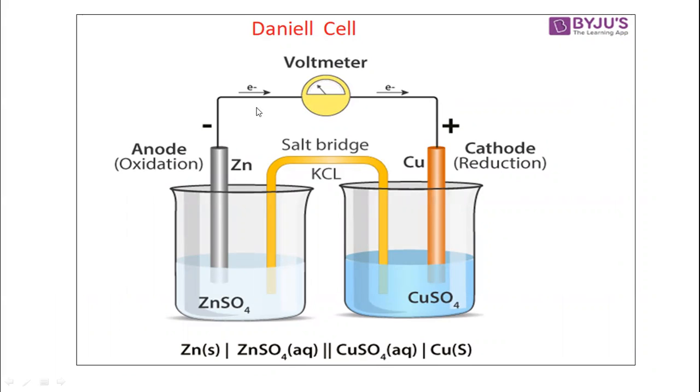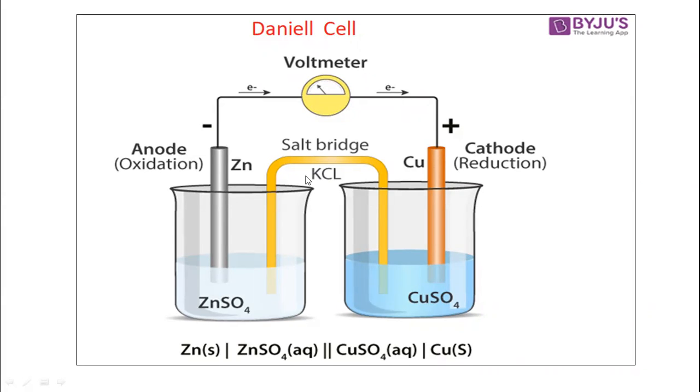And the reactions take place at the two electrodes. On this left hand side electrode, an oxidation reaction takes place, and on this right hand side electrode, a reduction reaction takes place. Which reaction? Reduction reaction. As the electrons are released here, those electrons pass from LHS to the RHS, and there is a flow of current from LHS to the RHS.